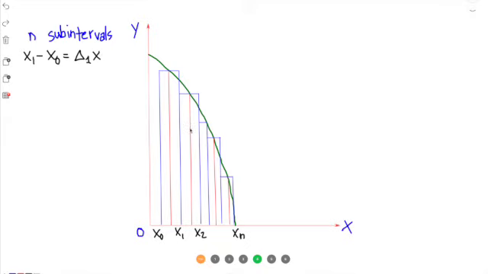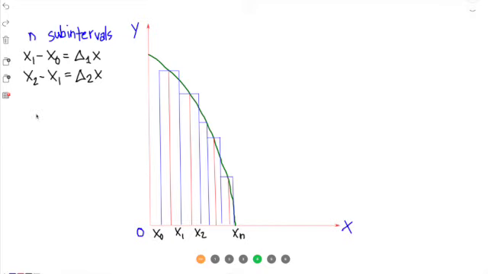So for the second rectangle here, that would be x sub 2 minus x sub 1, that would be delta 2 x, and so on until we reach the last